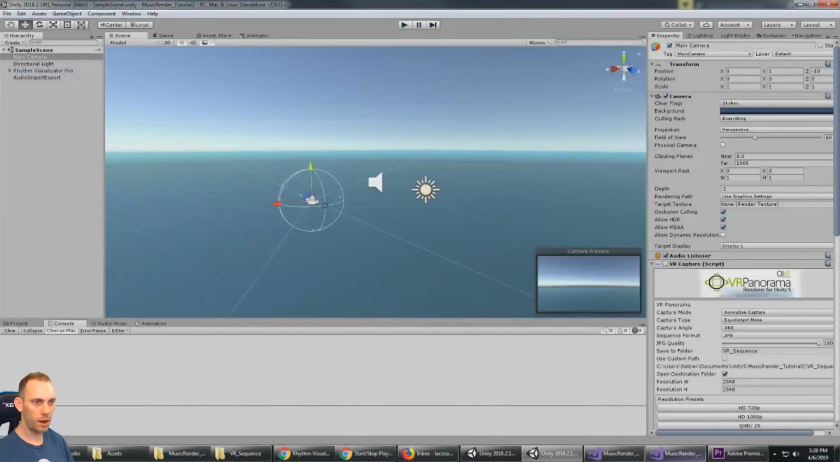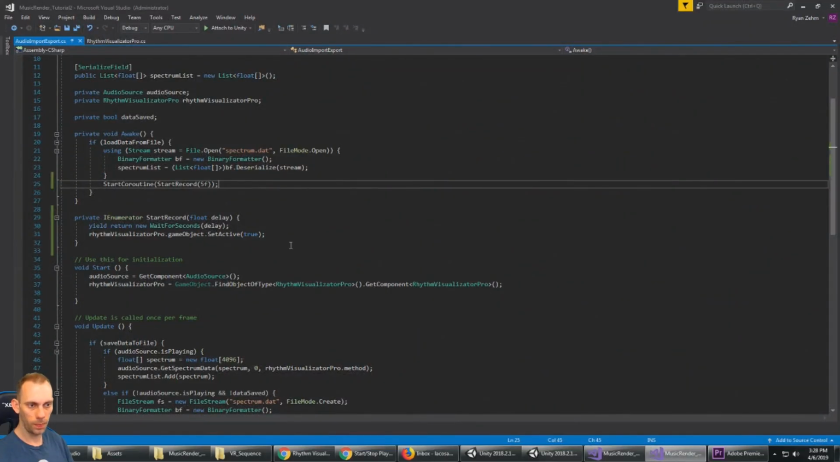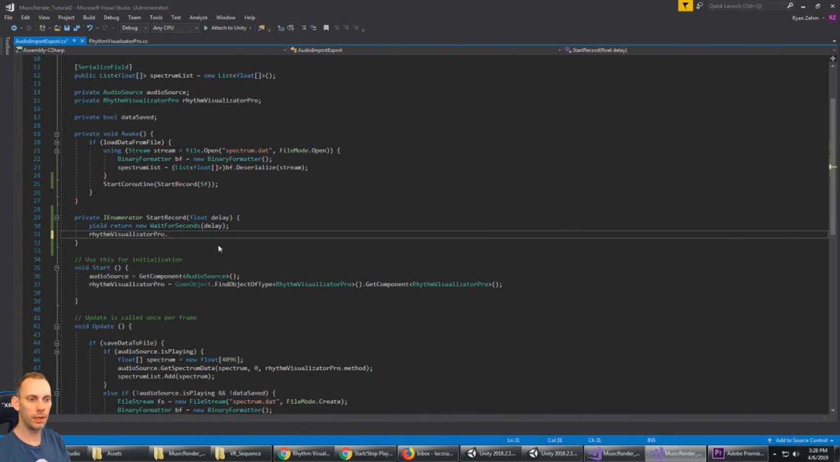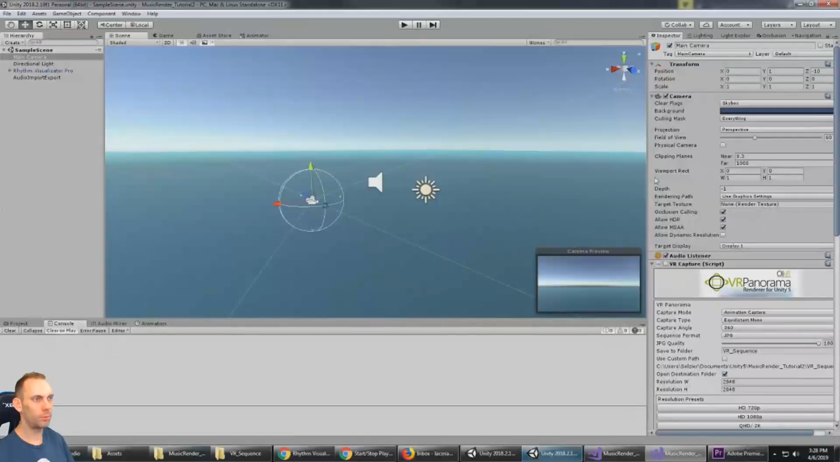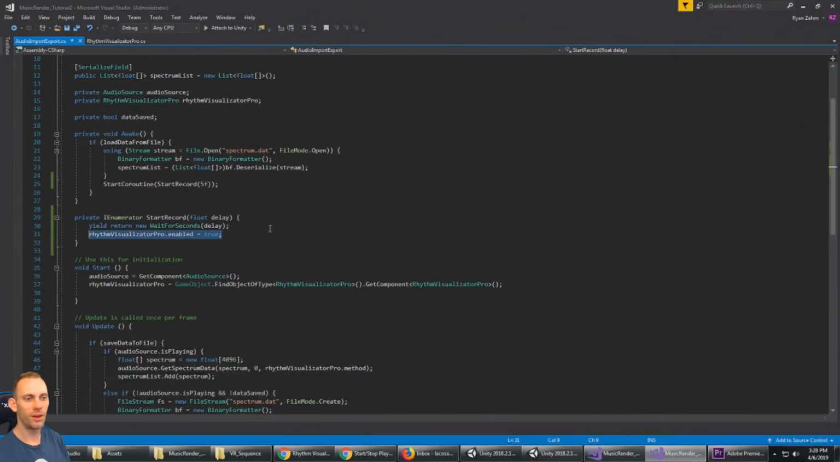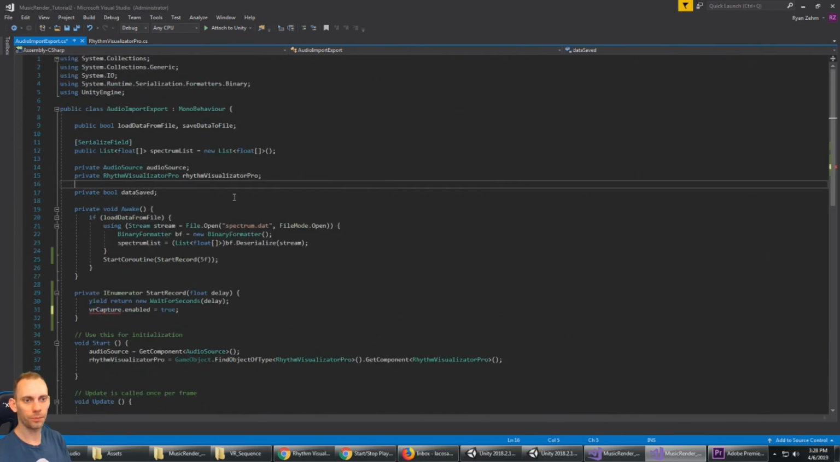That's not quite going to work because I told it to turn the game object on, but we want RhythmVisualizerPro.enabled equal to true. That actually turns on the Rhythm Visualizer Pro component. Wait, the VR capture. I'm making a big mistake here. We need VRCapture.enabled equal to true, and we're going to need a private